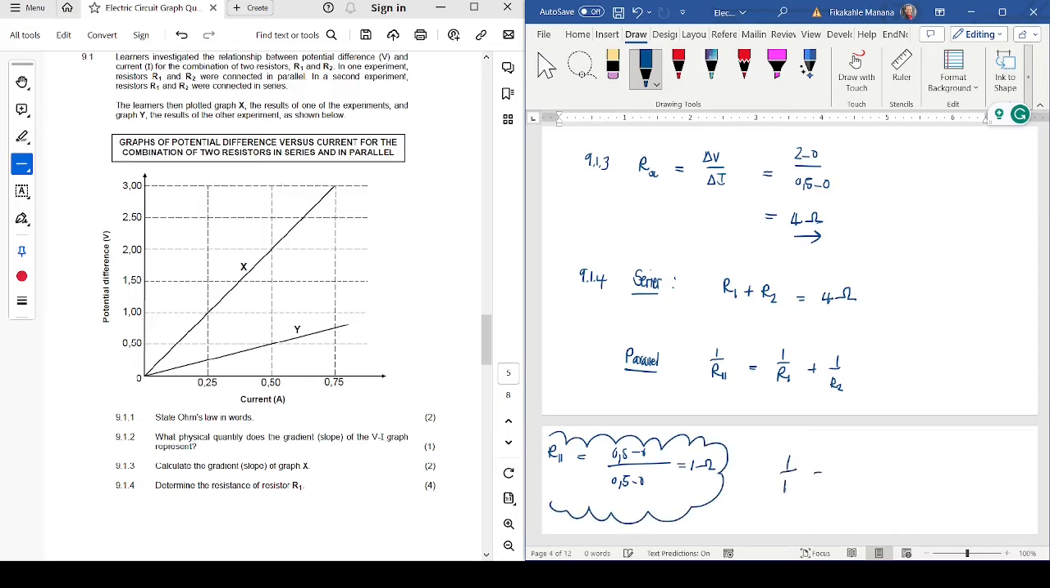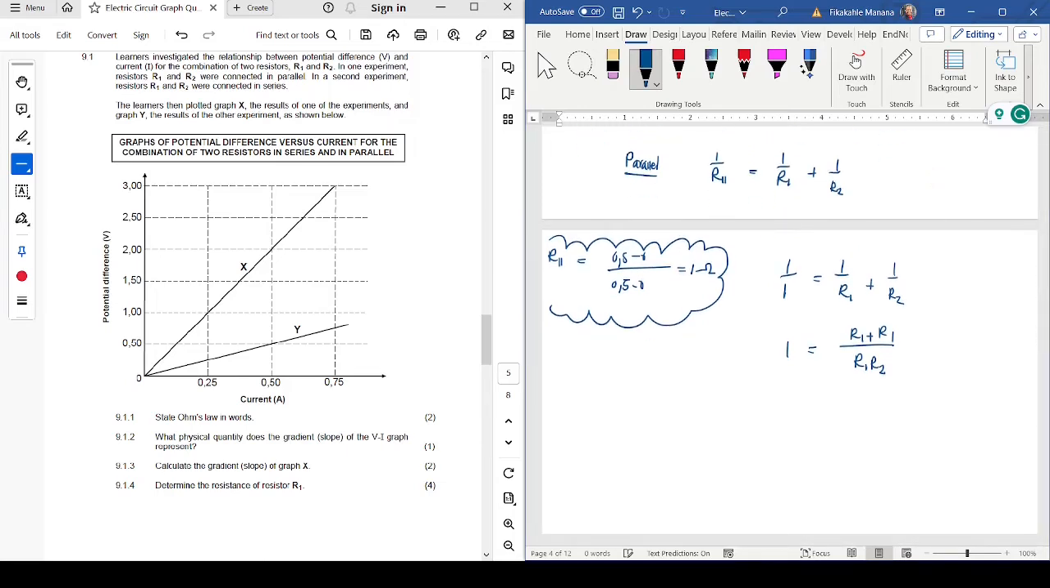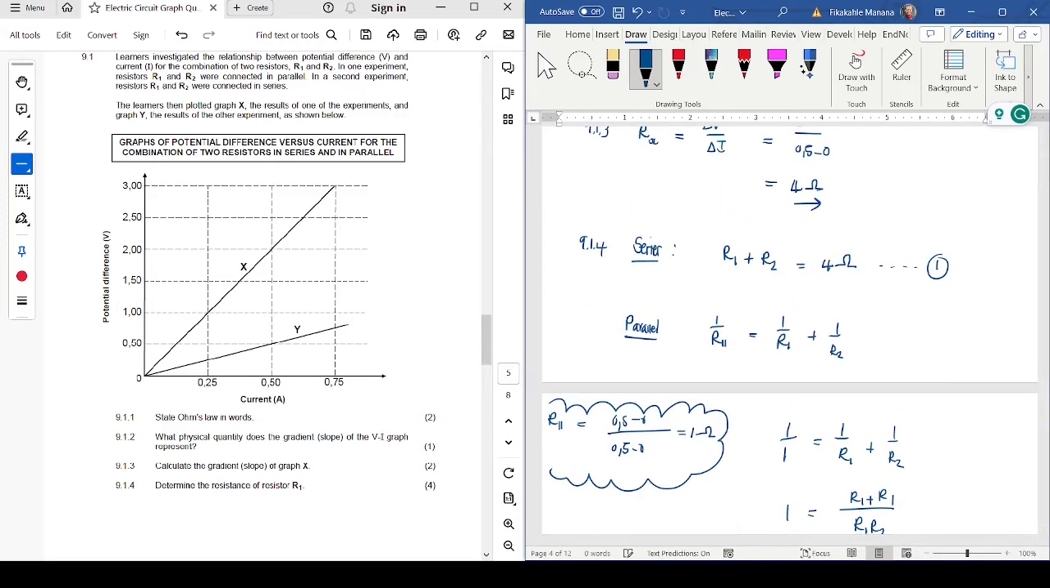So 1 over 1 is equal to 1 over R1 plus 1 over R2. So I have two equations now. That's my first equation. My second equation, I'm just going to say R1 times R2 over R1 plus R2, which is equal to 1. And if I just turn it around, I would have R1 R2 over R1 plus R2. And I can say for my first equation that R1,